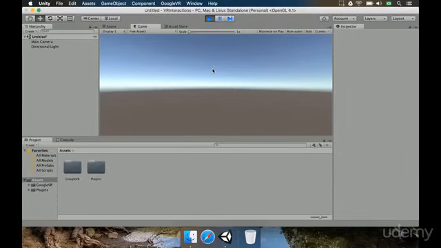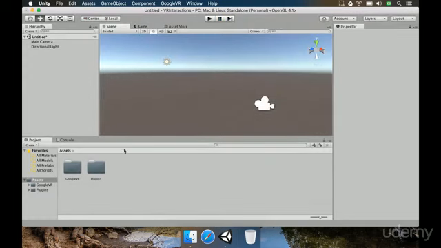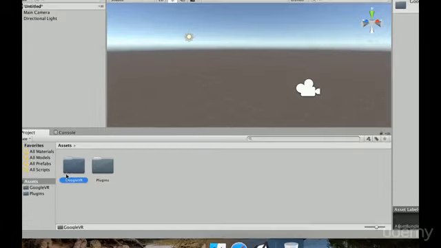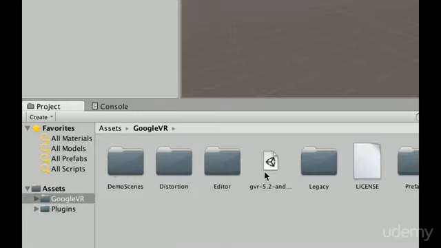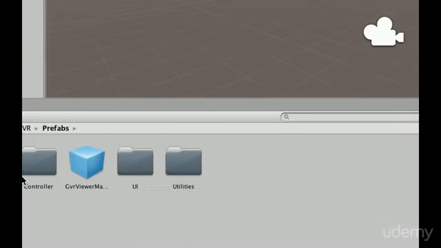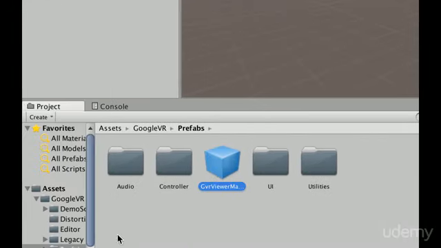But we still don't see that camera split. Okay, we can't see the left camera and the right camera. And with Google VR SDK, this is actually pretty simple. Okay, we can do just one small adjustment to this game. We just go to the Google VR folder. We're going to open prefabs folder. And then we're going to use this file here,